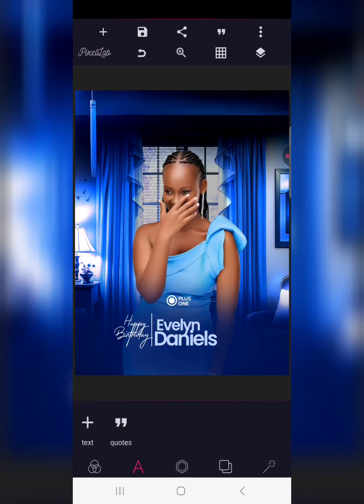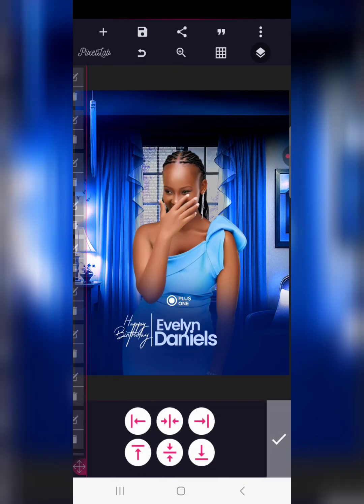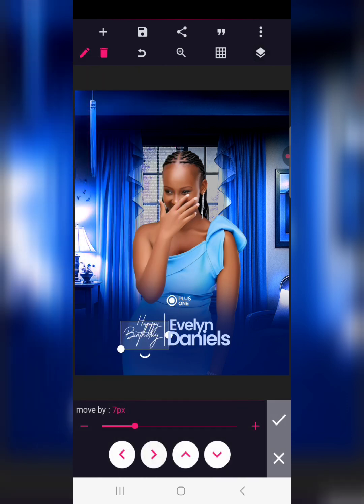Okay, happy birthday Evelyn Daniels. Now select all of this, select and shift it to the middle. Oh my goodness, we left behind "birthday." Looks like "birthday" was not selected. We can do that adjustment ourselves,